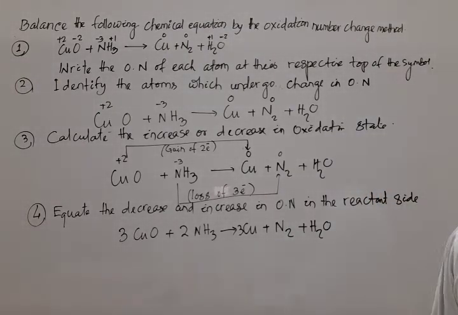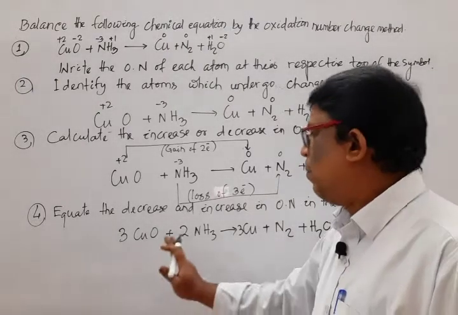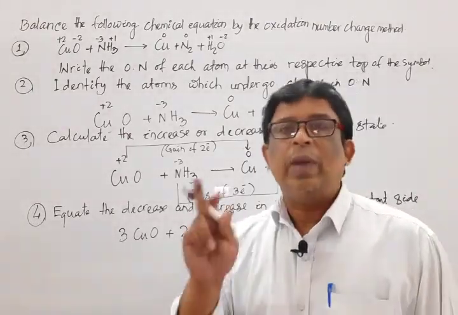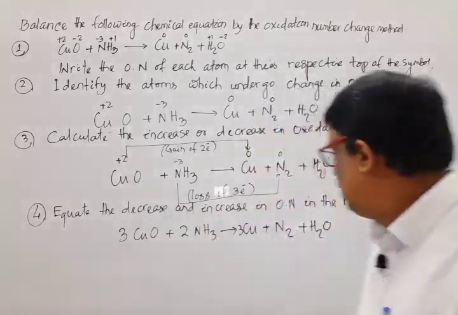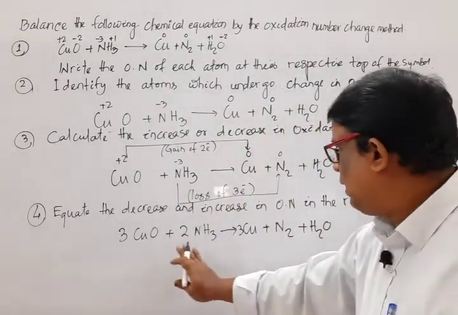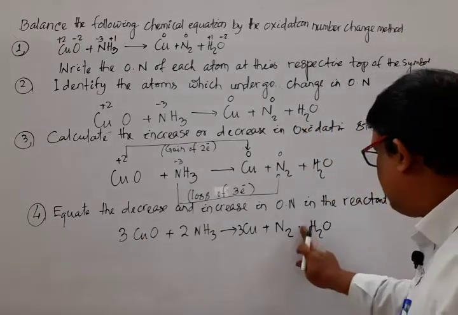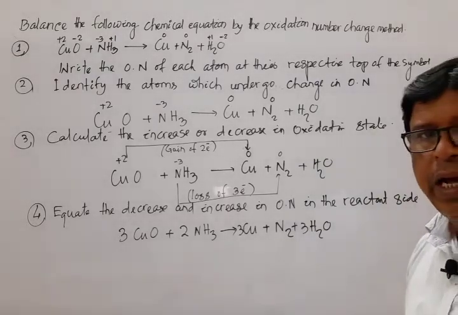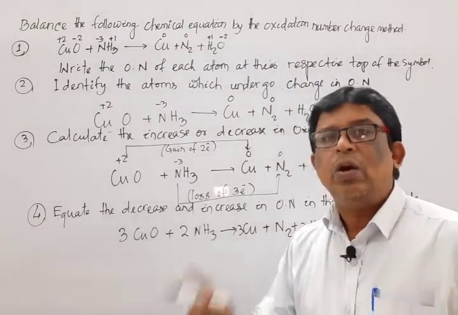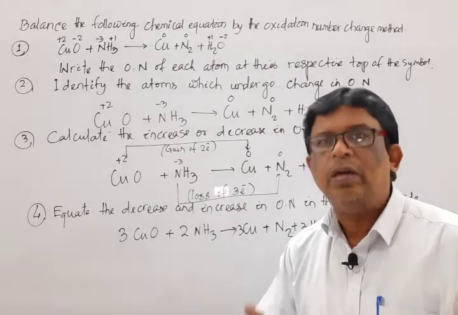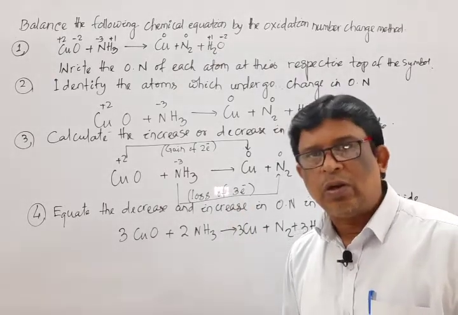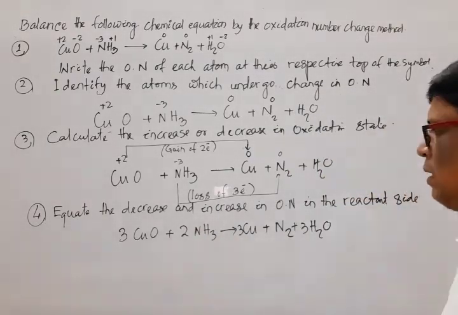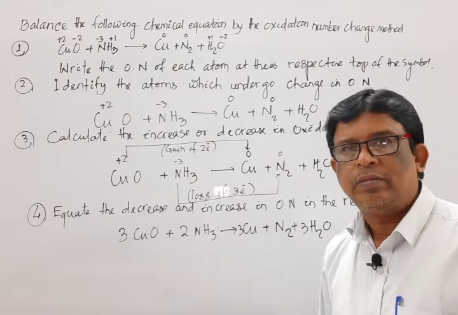Next step is to balance hydrogen and oxygen. Last step is to balance hydrogen and oxygen atoms by hit and trial method, simply by adding water on the right hand side. Mark that, here is 3 oxygen, so I multiply 3 here. I repeat again, how do we balance oxygen and hydrogen? Only on the right hand side balance water, as a result of which hydrogen and oxygen atoms balance. Since 3 oxygen is there, I multiply 3 here. Now mark that the equation is balanced.